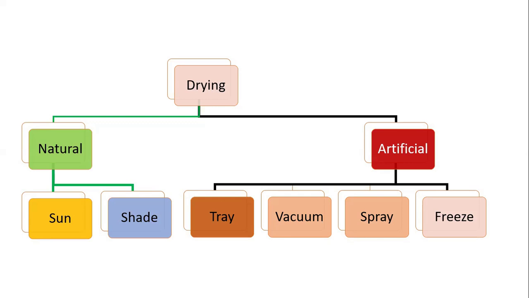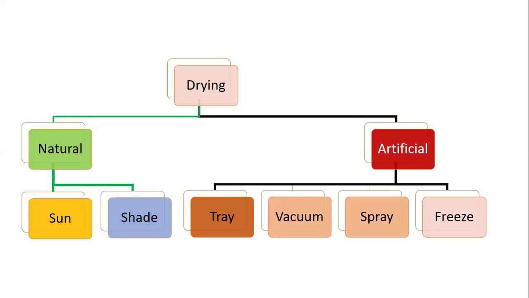So likewise there is in the case of drying. Drying has two types, that is natural drying and artificial drying. Natural drying has two types, that is sun drying as well as shade drying. Those materials which do not get affected by sunlight or temperature are to be dried